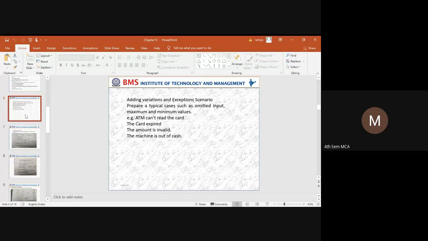Okay, the next thing is adding the variations and exceptions. We have prepared typical use cases. We are trying to identify what type of input we need to provide, what the maximum value is and what the minimum value is.